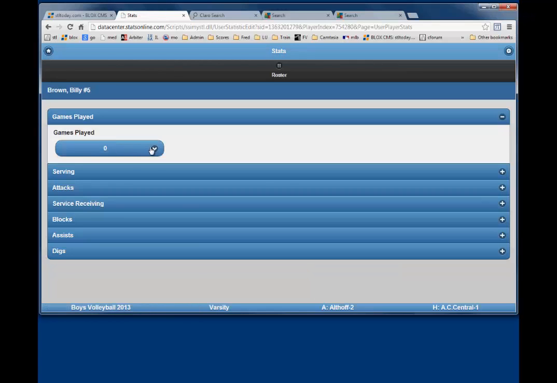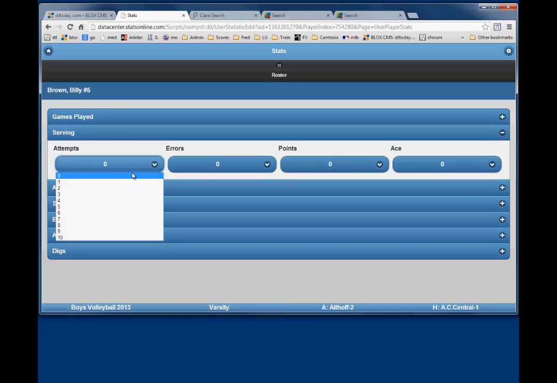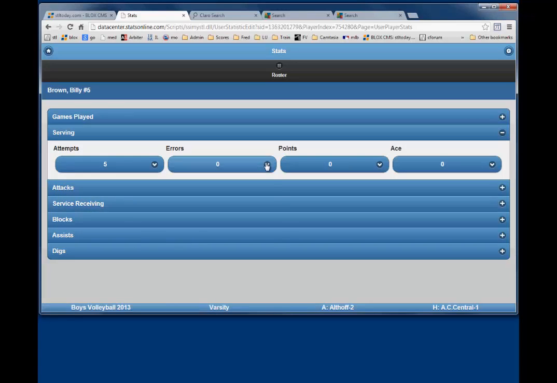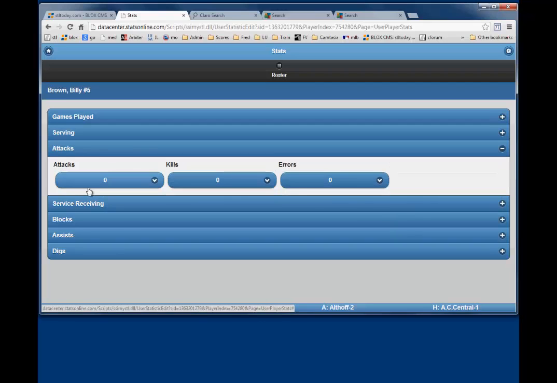First, you will enter the number of games he played, in this case 3. Then go to the Serving button and enter the serving attempts, in this case 5, errors 2, points 3, and aces 1. Next, go to the Attacks button and enter in the number of attacks, in this case 5, kills